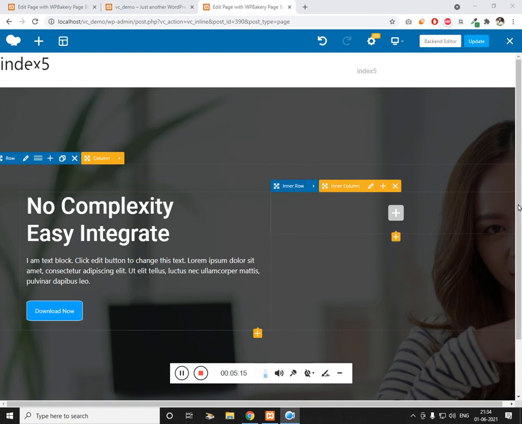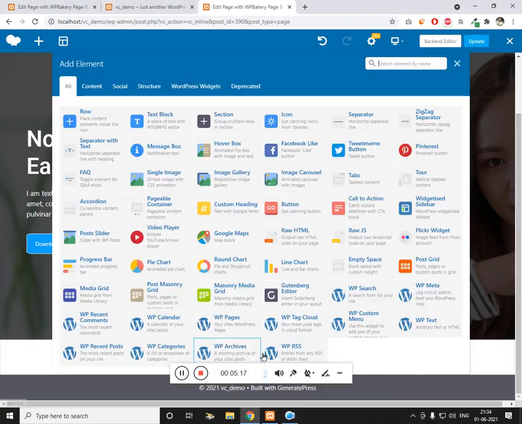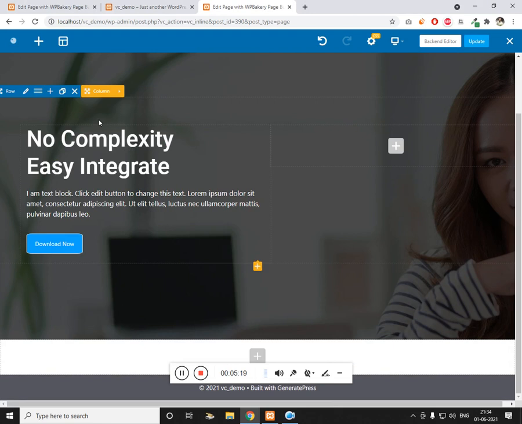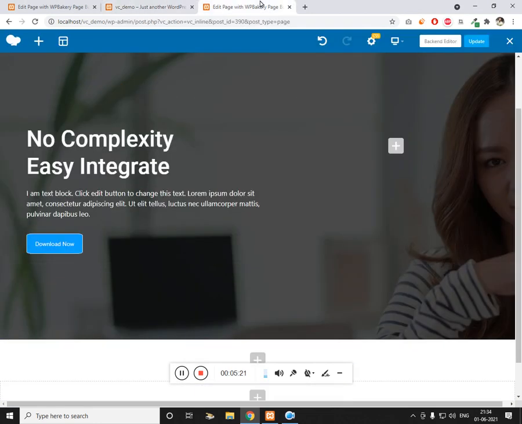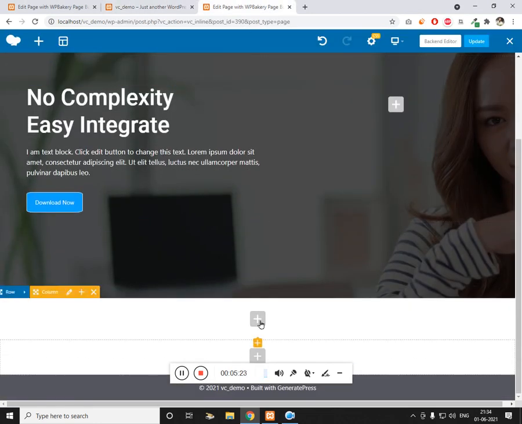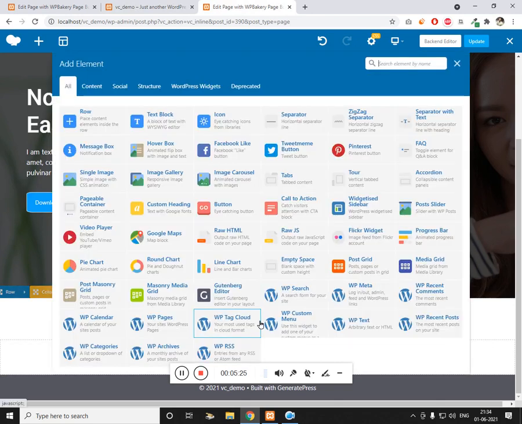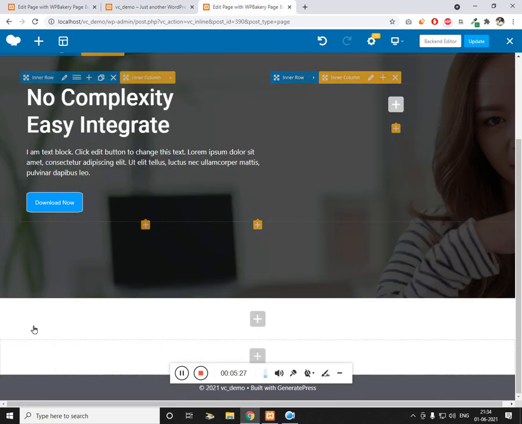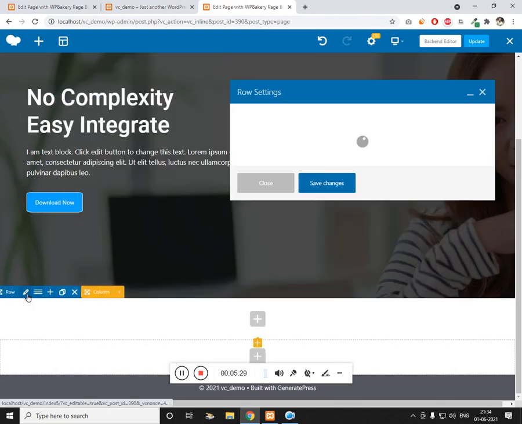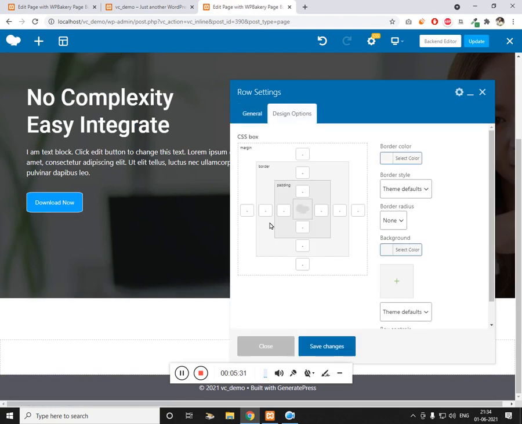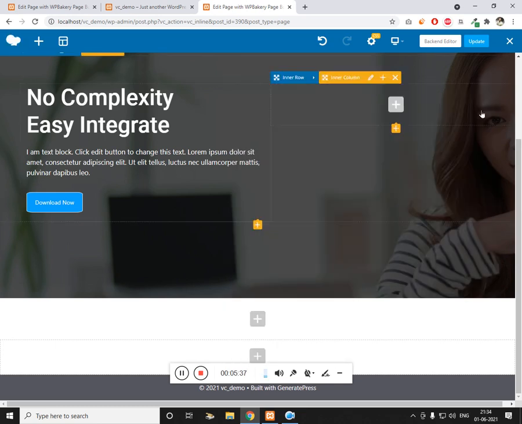So let's create another column. Click on this plus. We need a row, and it is going to be full width, or let's add a margin to this row, margin left and right on both sides. Let me make it 50, and here we need a heading,